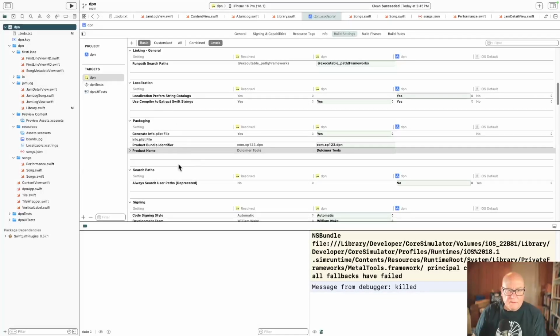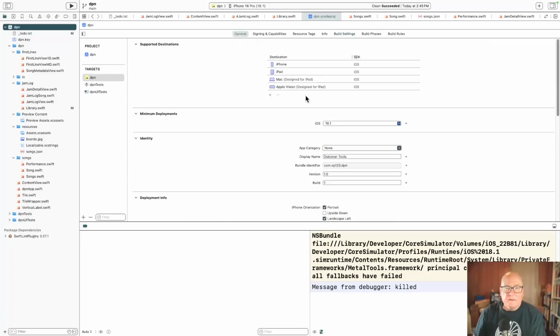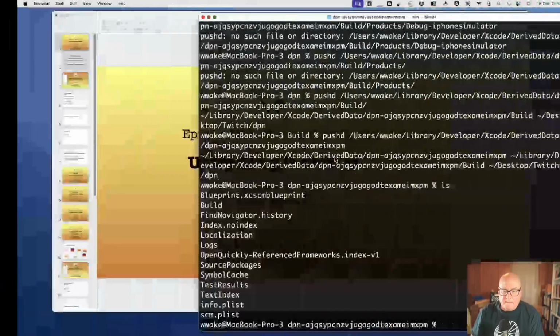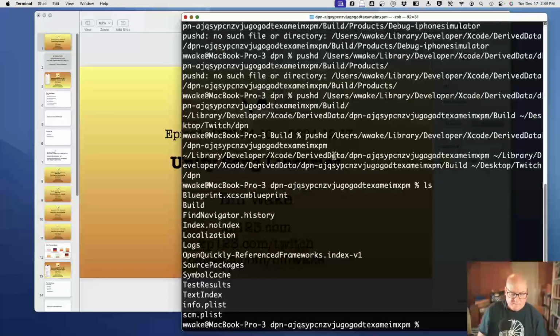In here, I set this to Dulcimer Tools, product name. And in here, I set the display name to Dulcimer Tools. Okay, so it's all that stuff.